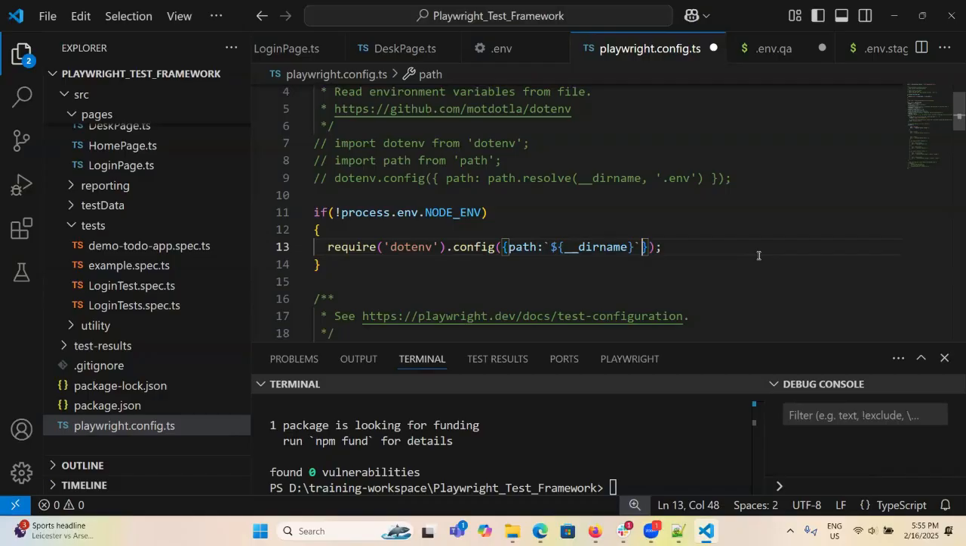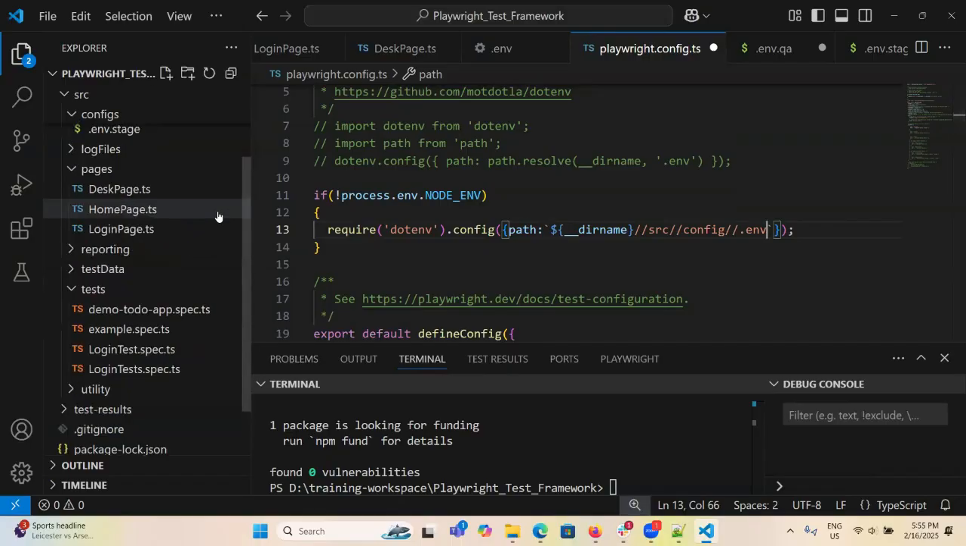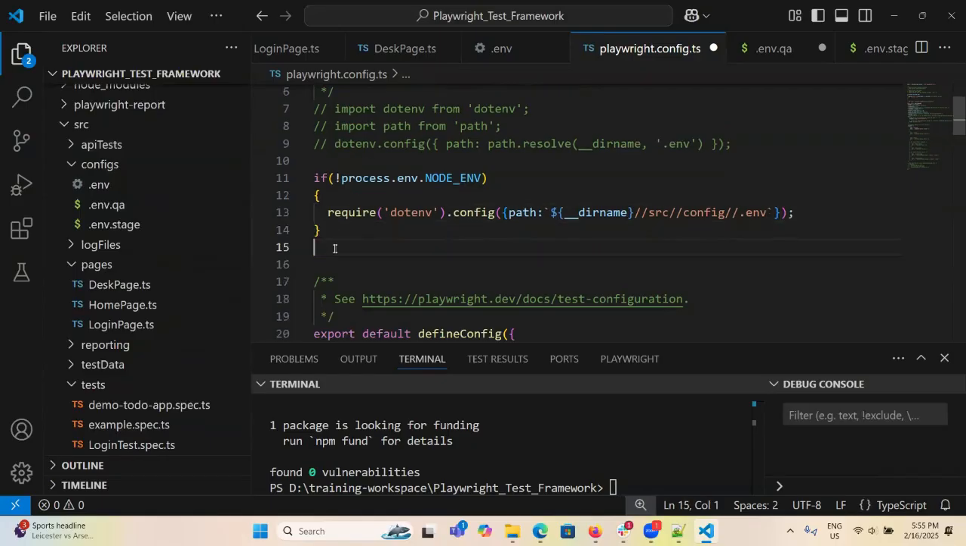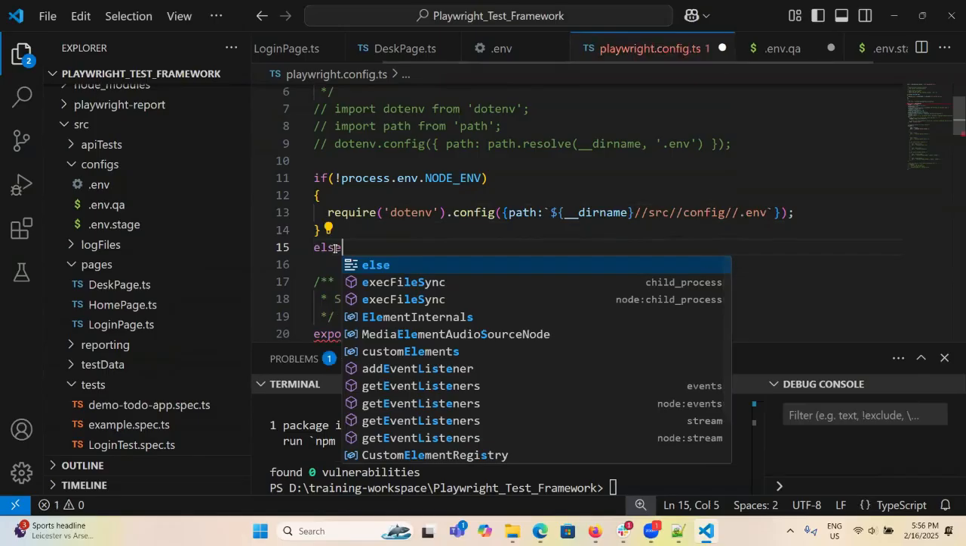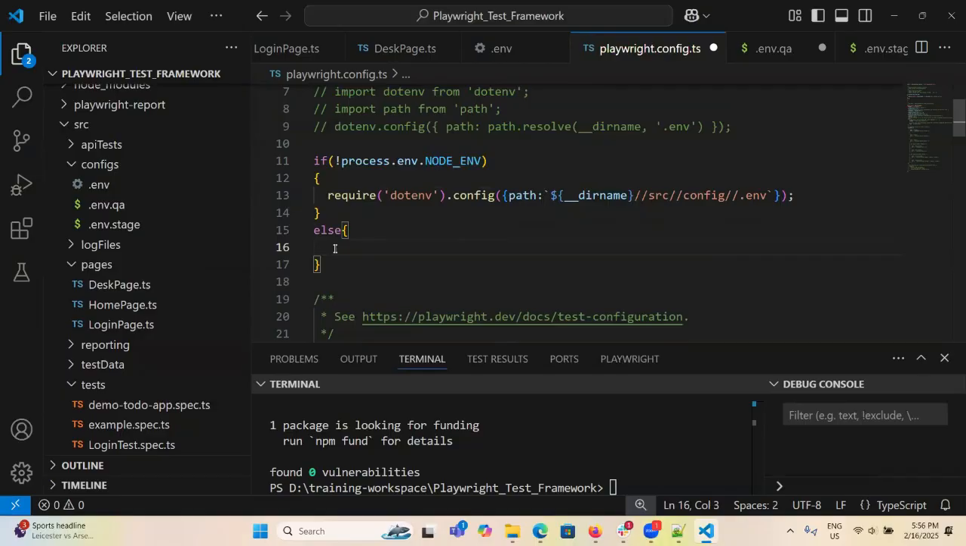Then basically here the src folder is there, and you have the config folders. So you are saying when the node environment variable is not set, pick up this source config.env. One more case will come: if somebody provides the node environment variable, then